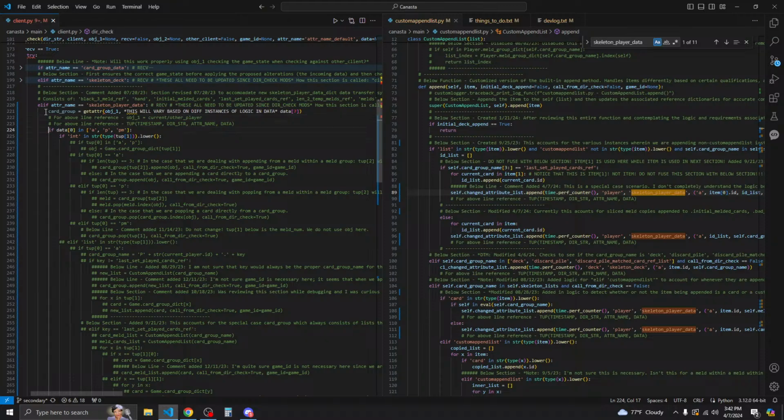So let me say if data 0. So I think data 0 is always gonna be, let's make sure that the first one is always going to be the op string.